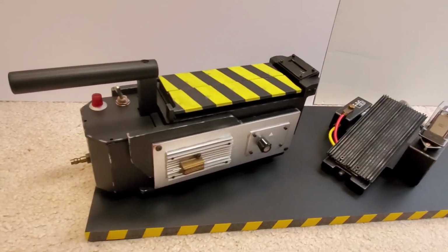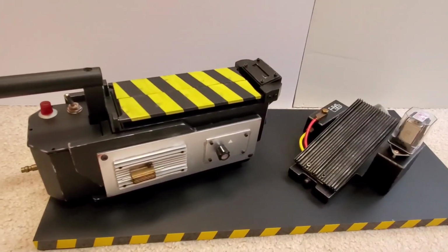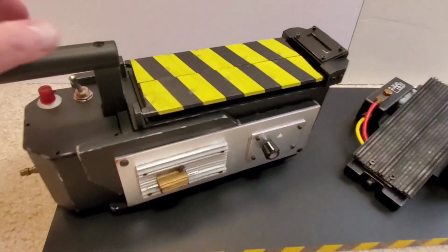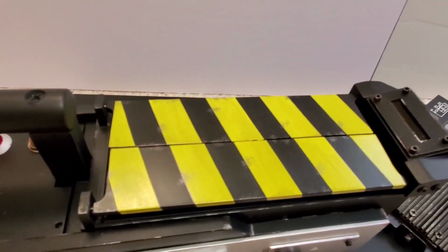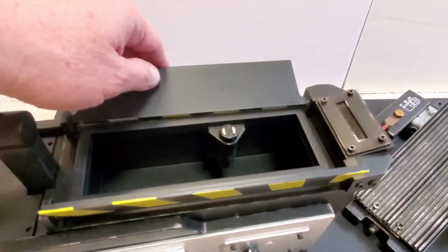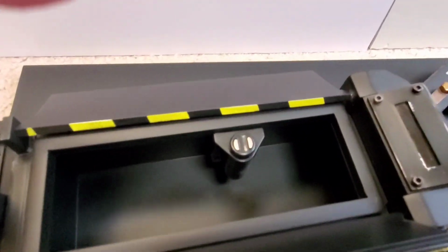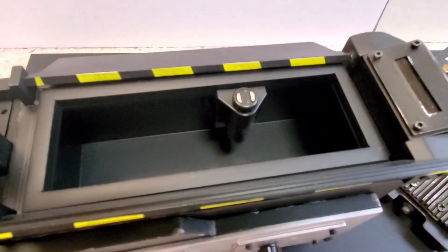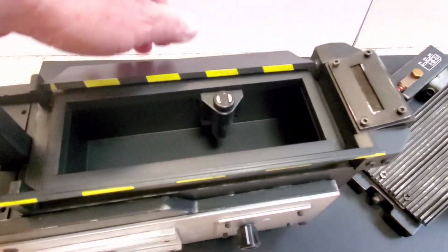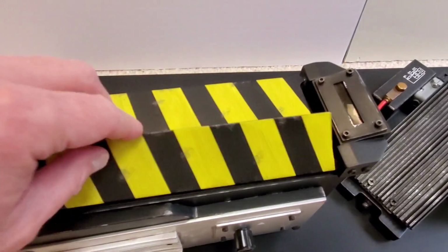It is only for display because it has no functionality. Well, let's put it this way: the functionality it does have is very minimal. One of the things it does have is the doors that can open. And oddly enough, the first thing you're going to notice is this thing in here. I have no idea why they put this in here. It's like a little clicky thing,